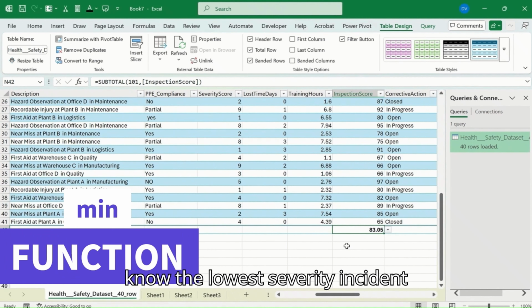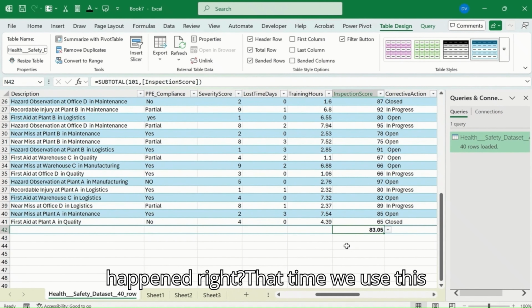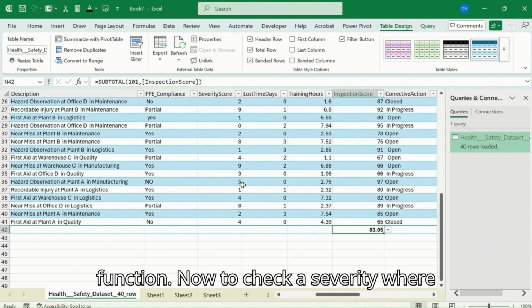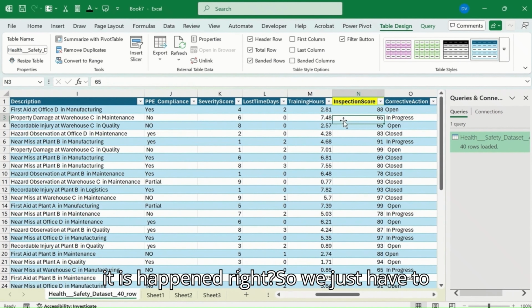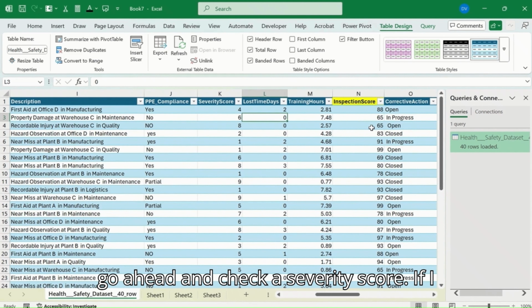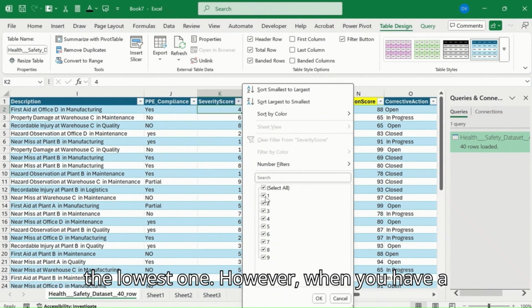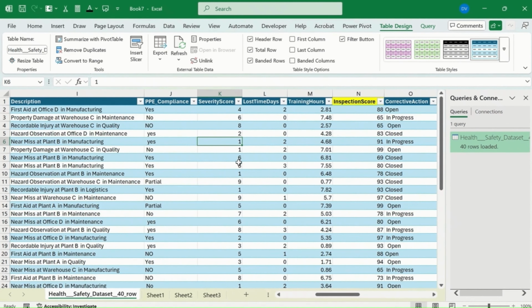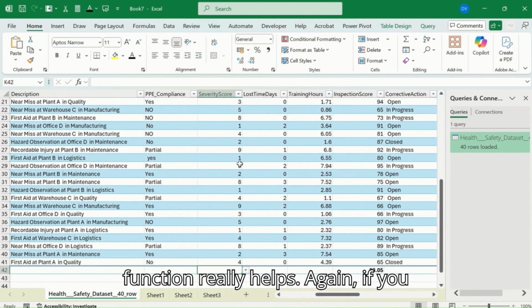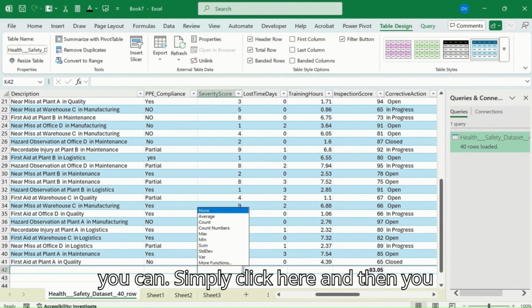Suppose you want to know the lowest severity incident that happened, right? That time we use this function. Now to check where the severity has happened, right? So we just have to go ahead and check the severity score. If I apply a filter, I get to know that this is the lowest one. However, when you have a larger data set, okay, that time this function really helps. Again, if you turn this option on, table row, you can simply click here and then you will get a